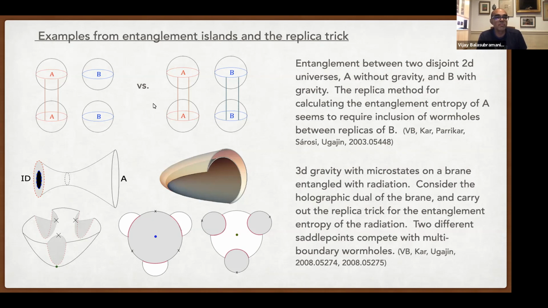So not only should you sum over saddle points that look like this with the A's connected up to compute the Rényi entropy, but you should just sort of egregiously add in, just because you can, topologies which involve wormholes between these gravitating universes. And it appears that if you do this, the replica method for calculating the entanglement entropy seems to require the inclusion of such replica wormholes, Euclidean wormholes between these gravitating universes in order to correctly reproduce